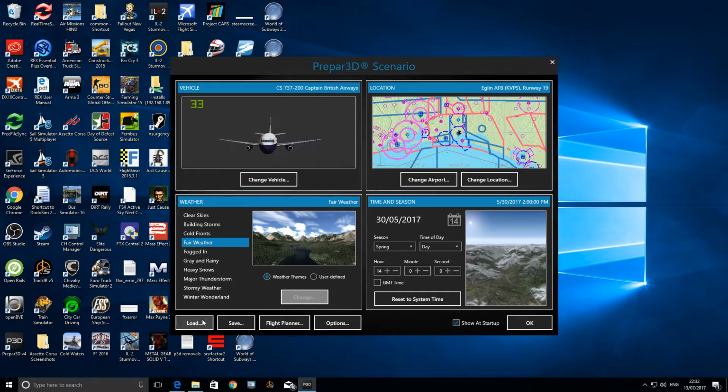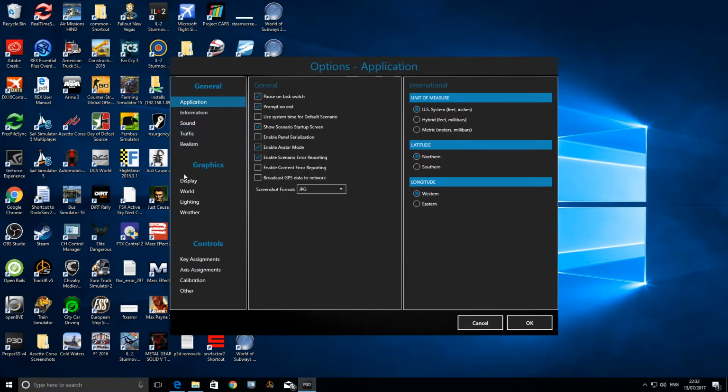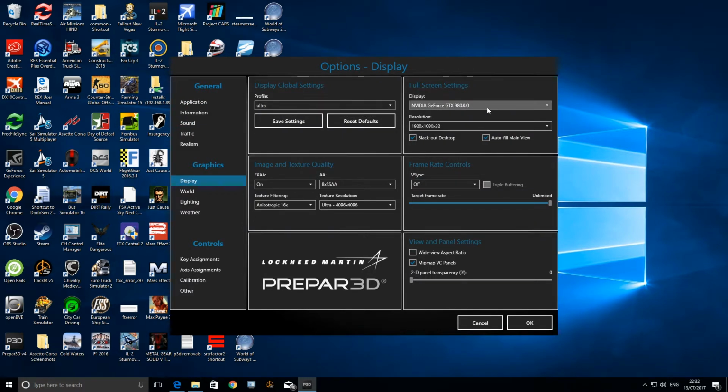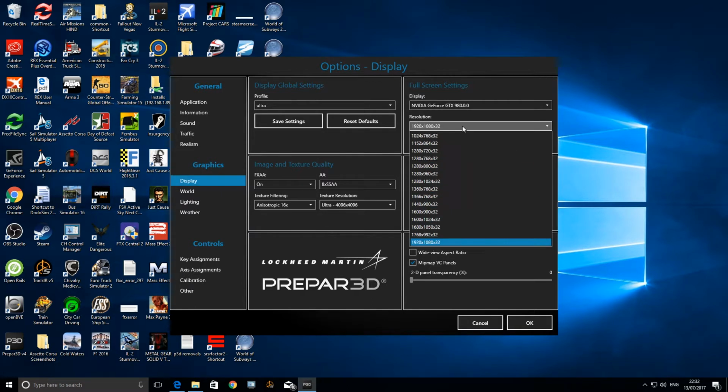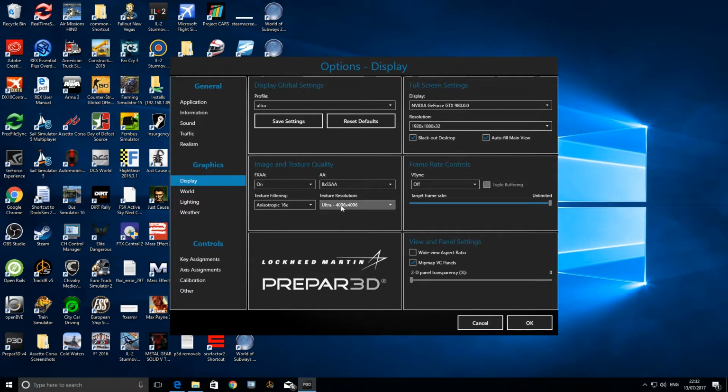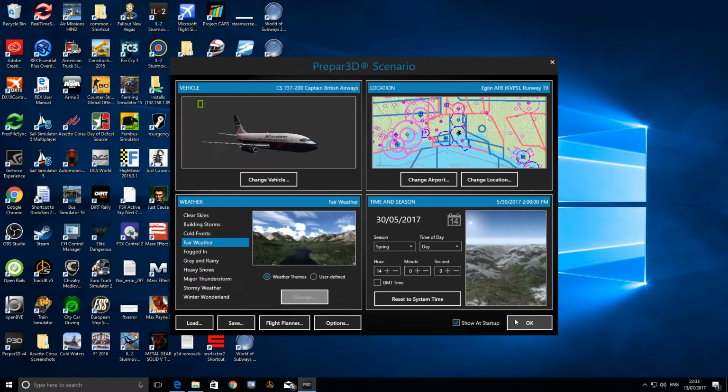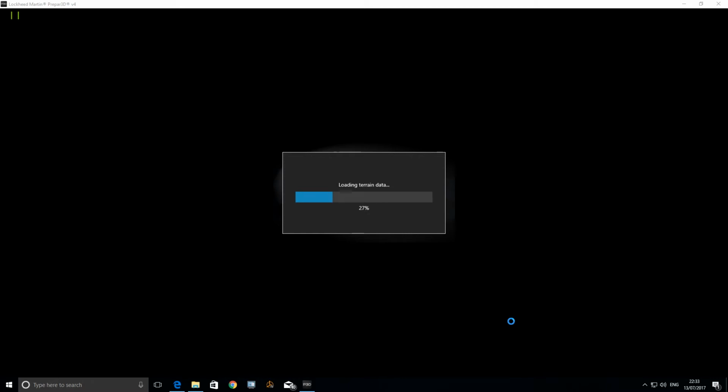Okay, and we're going to have a quick look at the settings and options. I'm going to put everything on max. I've got everything on Ultra. I've got NVIDIA GTX 980s, two of those, and we're going to put it at the highest resolution, which is 1920 by 1080. I'm going to put everything on Ultra, everything on high for the filtering, and FXAA and anti-aliasing, or call it AA, never get that word right. And we're going to click OK. So everything's on max. We have an i7 processor, so let's see how this handles in version 4 of P3D